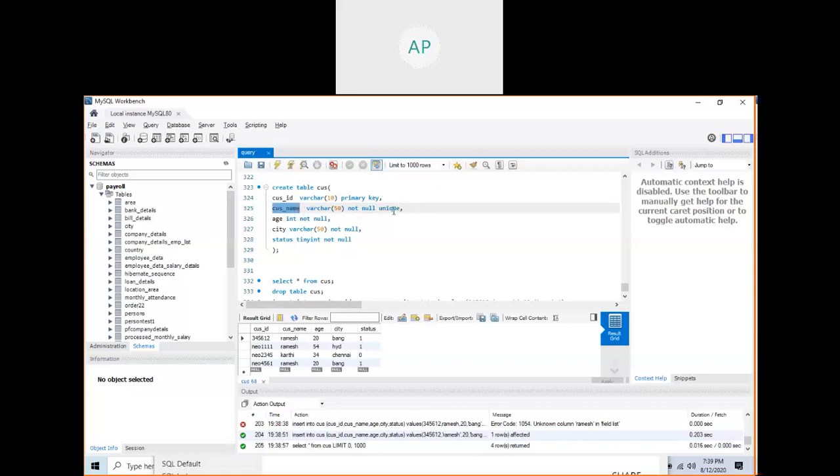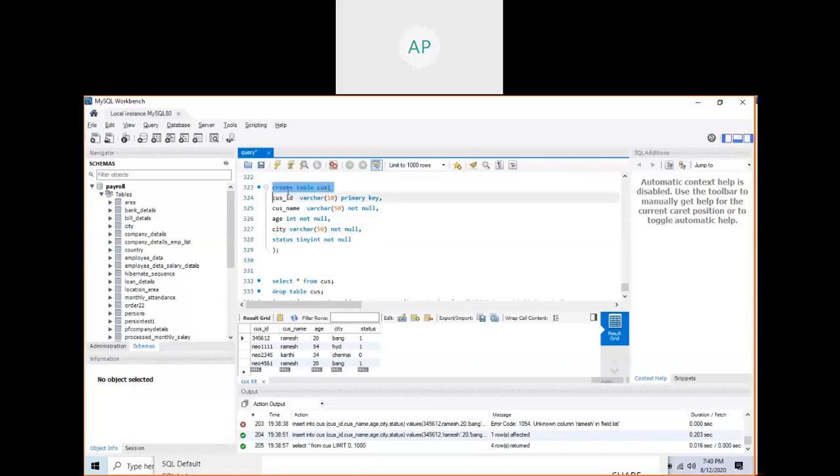If you make this one unique, then this column cannot contain the same name. How can a bank customer be unique by name? There will be customers who have the same name, yes, Ravi. Two customers can be here, but the customer ID is different. So this is not right. You should not enter unique here. How about email ID? If you have an email ID, email, so do this one there.